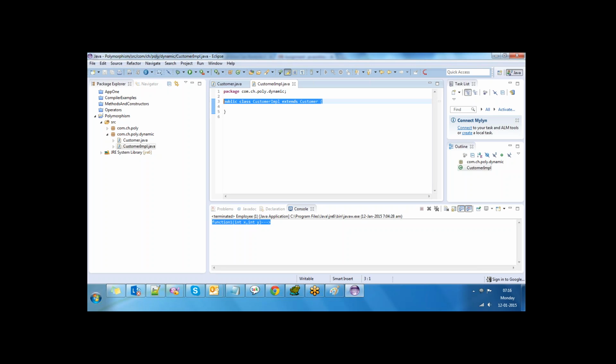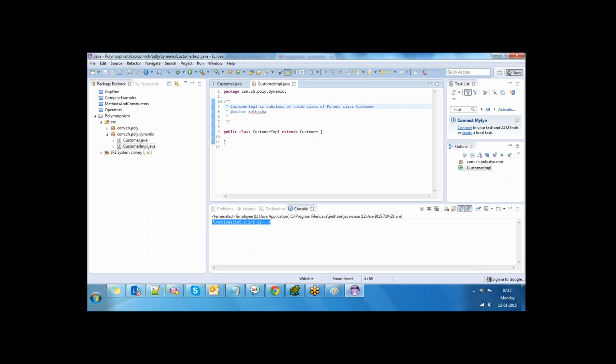So here, the CustomerImpl class is a child class, a subclass, of the parent class Customer. So far clear, right? What is the parent class? What is the subclass? You guys are clear, right?